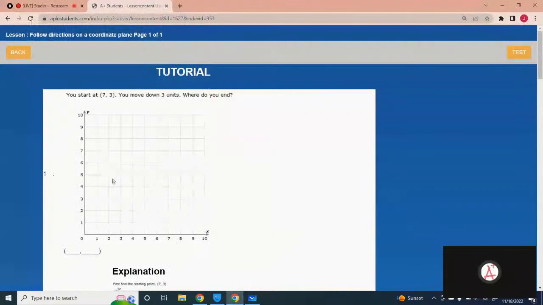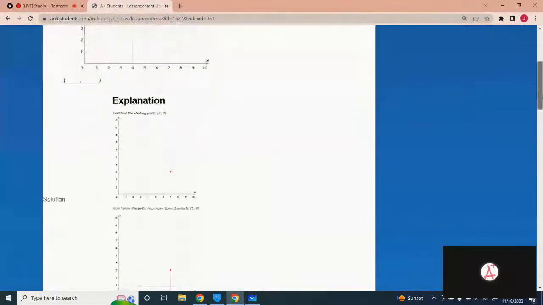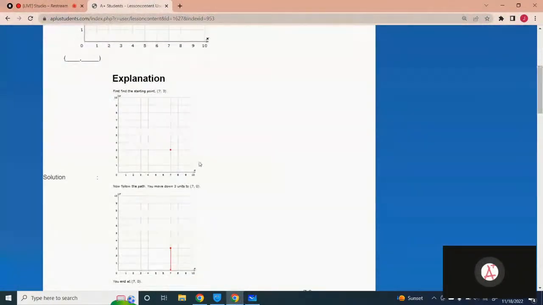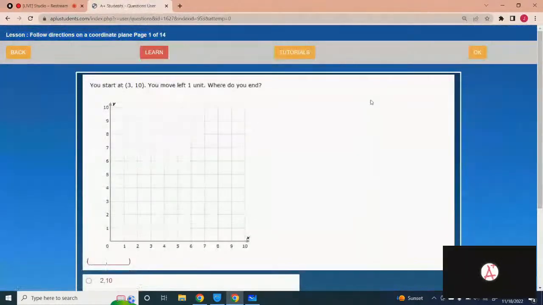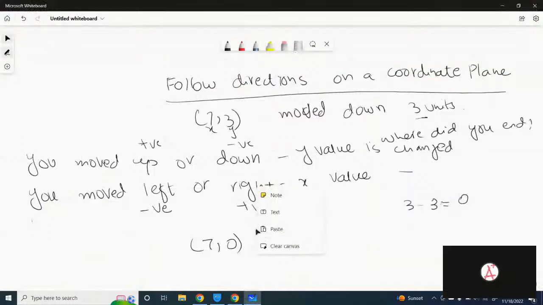Just look at the graph. Okay, here is the point 7 and 3. Down 3 units, you have to move from here to here. It would be then 7 and 0. Let me start with the test. Okay, the next one is you started at 3 10. Please note down these very important points in your notebook. You moved